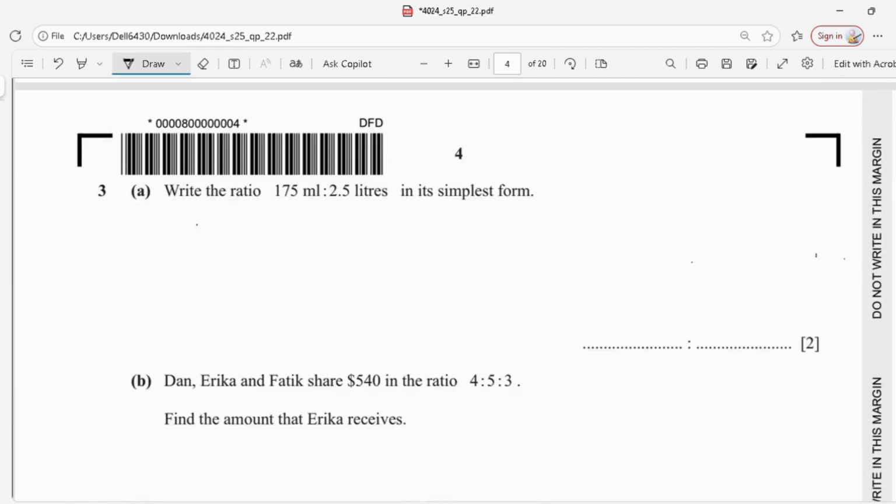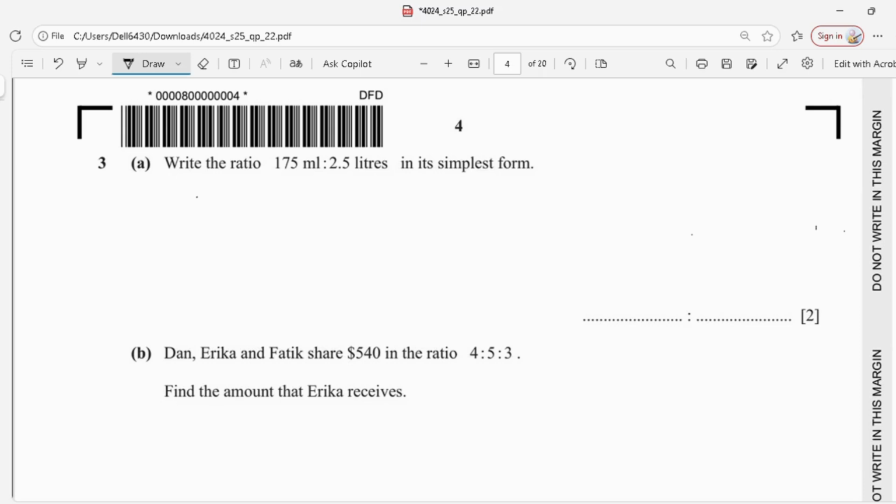Question number 3 is write the ratio 175 ml to 2.5 liters in its simplest form. We have to just convert it into milliliters or into liters. Both should be in the same units. Let's see, 1 liter is equal to 1000 ml. So 2.5 liters is equal to 2.5 into 1000 ml. So this will be 2500